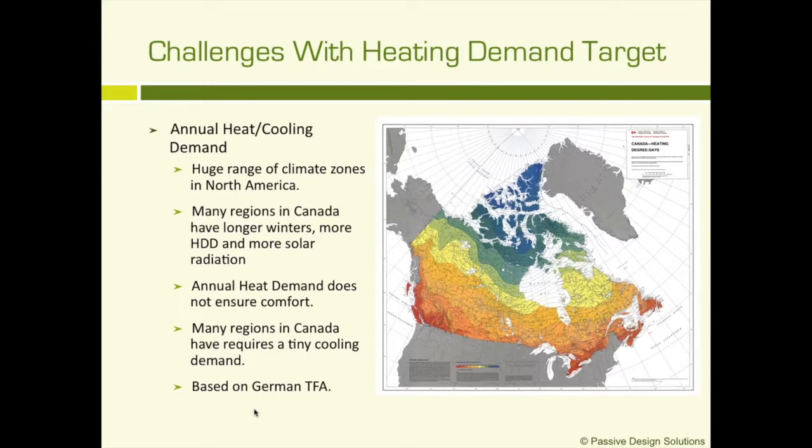So, okay. So some of the challenges that we were really seeing with the annual heat demand target, the climate zones, as I've shown just here in Canada, range drastically. And then when you add the deep south and their humidity and cooling loads, we have a really wide range of climate zones in North America, much wider range than we have in Europe. In many regions of Canada, we have longer winters and more heating degree days and more solar radiation